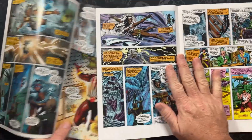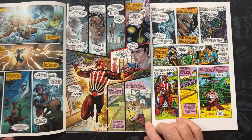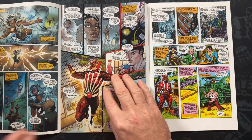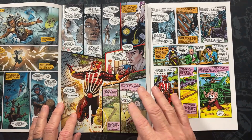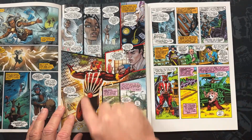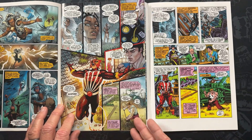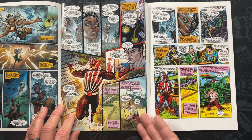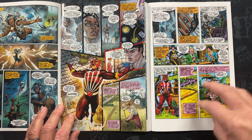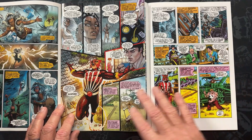the same. All right, this next one, we got taking some liberties again with the layout. And I am going to say, in fairness, this one was a hard page to be assigned because you've got to wrap up the Storm story, reintroduce Sunfire, because this isn't his first appearance, and then start the Colossus story all on one page. That's always been kind of a bugaboo, I feel like, about Giant Size X-Men is, it's